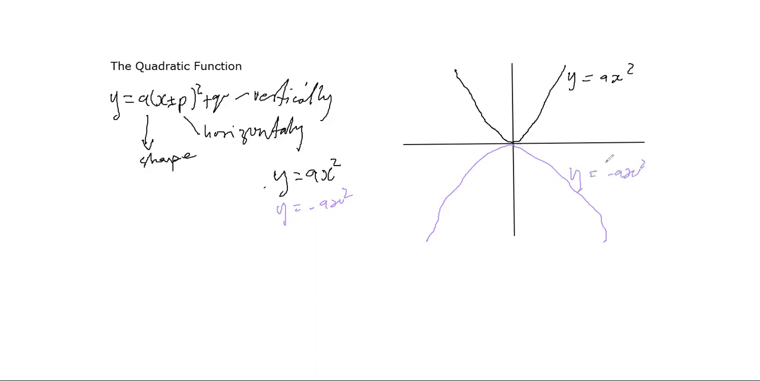So this is the general form. As I said, you can see what a does. a positive, you are smiling, you are happy, it's a cup. a negative, you are sad, it's a cap that you are wearing, whichever way you'd like to say it. So the important thing then is to understand, as in the straight line, what